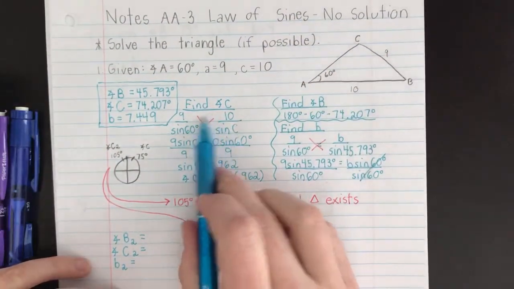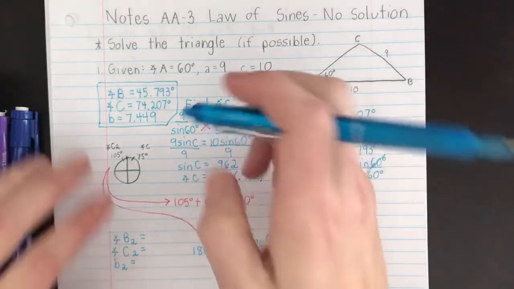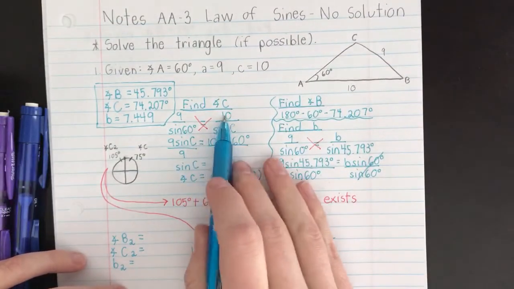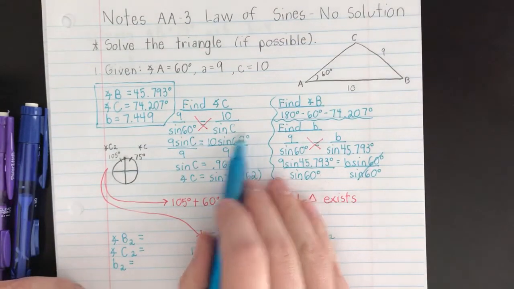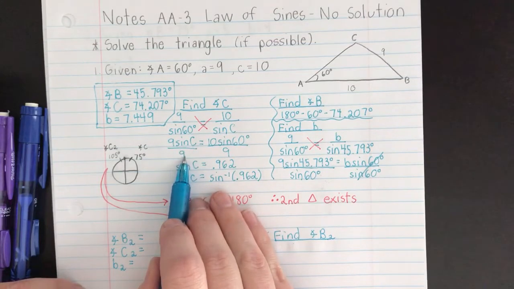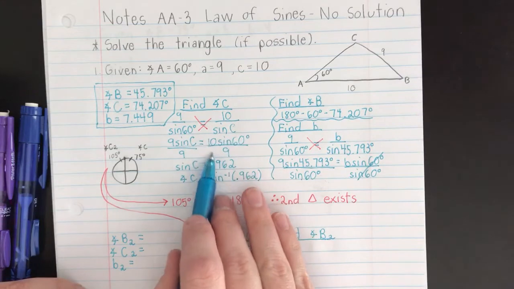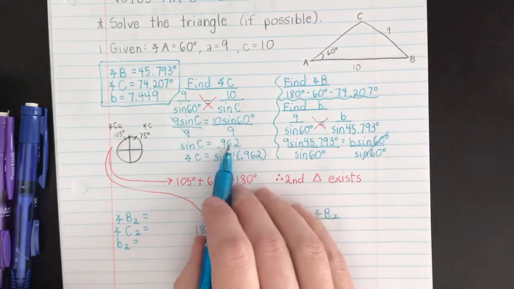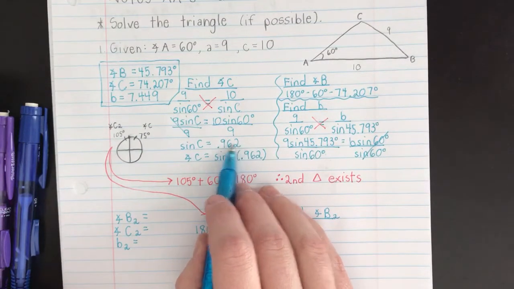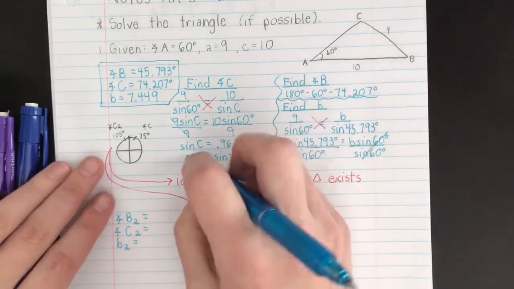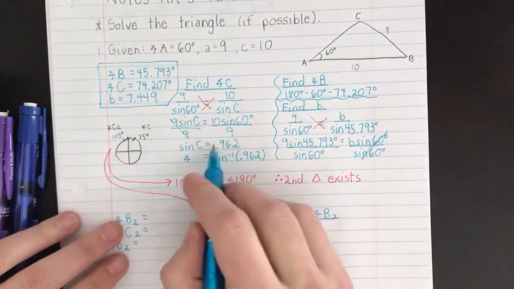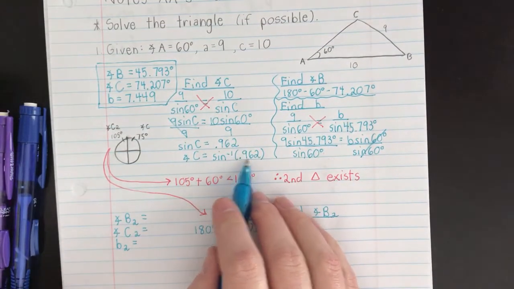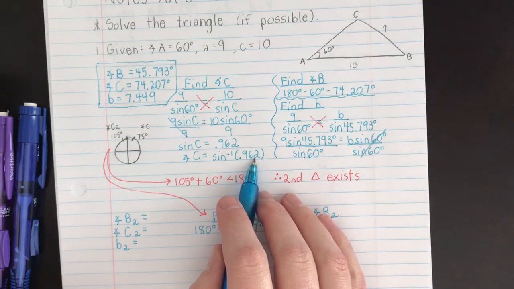Okay, and so then we cross multiplied, of course. 9 times sine C, it's supposed to be capital, is equal to 10 times sine of 60 degrees. Then to get sine C by itself, we divide by 9, plug this in the calculator like I've been showing you with the alpha y equals key. The 9s are gone there, you get 0.962. So then, to get angle C all by itself, you want to take sine inverse or arc sine, whatever you call it, on both sides. So you have sine inverse of 0.962. You plug that in the calculator, and you get